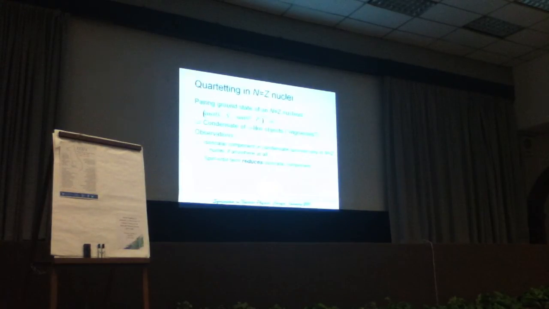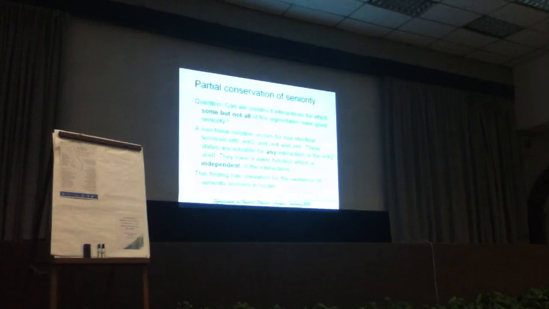However, if you look at a realistic calculation, then it's very hard to find any evidence for a structure like that, because whatever you do, and especially if you add a spin-orbit term to the Hamiltonian, you will see that it reduces the isoscalar component, and you're left with the usual isovector component that you know for identical nucleons. Okay, so let me now tell you a little bit of more recent material,